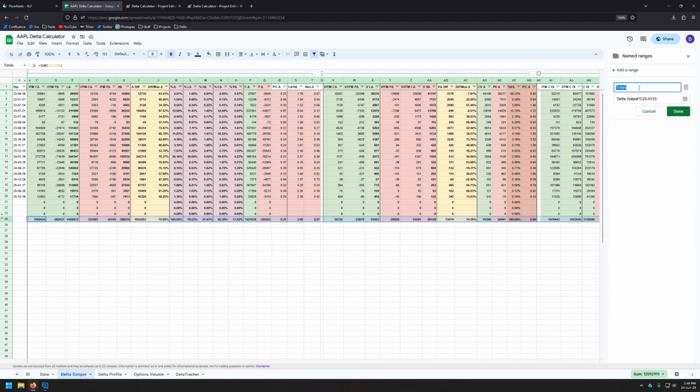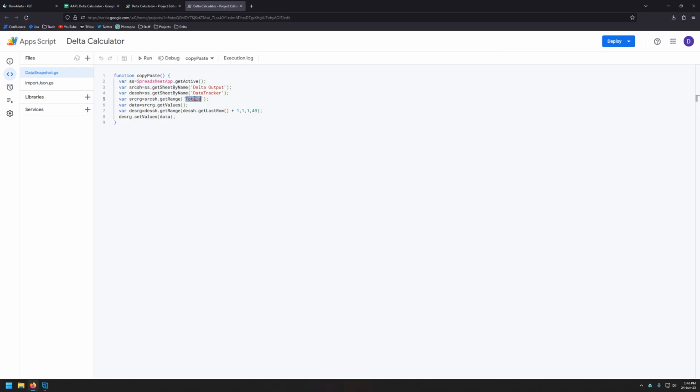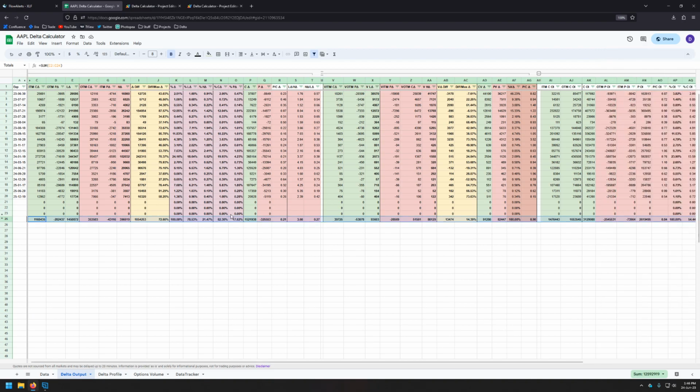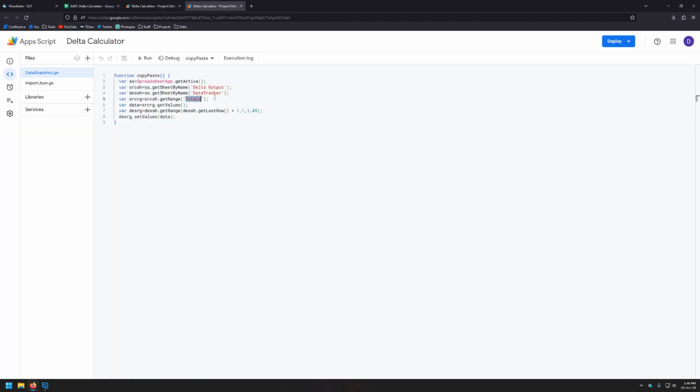It's a named range, and you have to name it totals. Otherwise, if you name it something else, it won't work. I think this will remain as is if you just copy the spreadsheet, but if you do something else, don't modify it, or name it the same thing, or modify the script to look at whatever the named range is